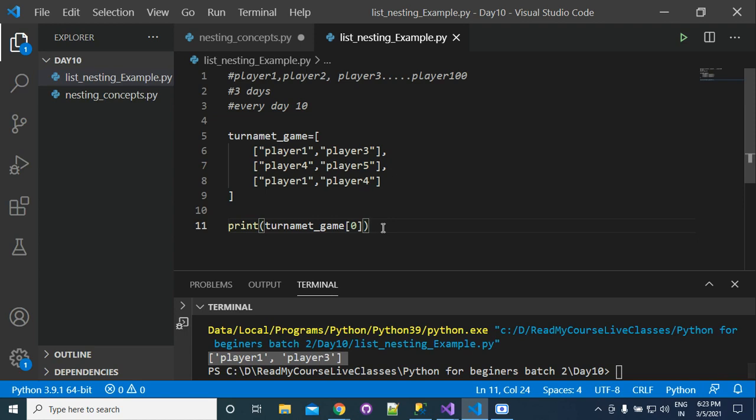Currently we have only 2 elements, so we are considering that every day the game occurred 2 times. In the first day we have player 1 and player 3 as winners. Now we want to get who was the winner in the second round of the first day. Then we will write 1 here.